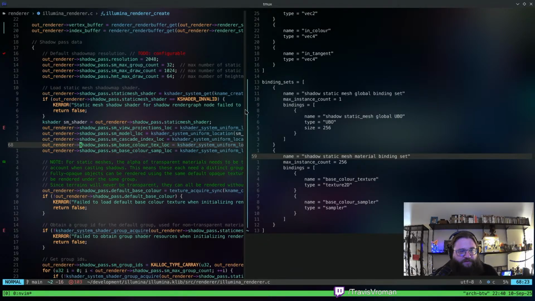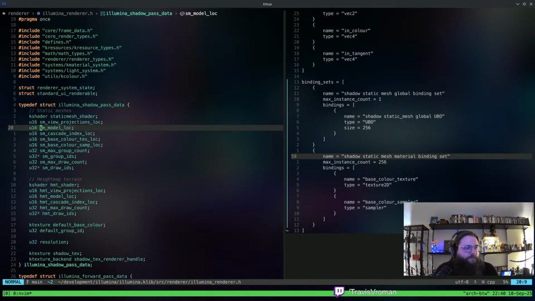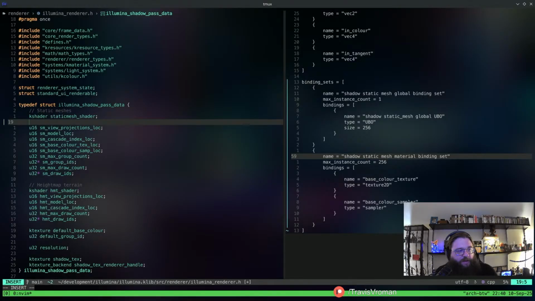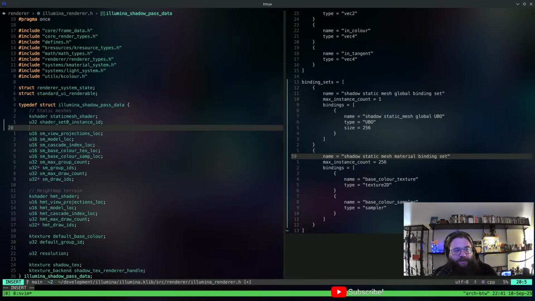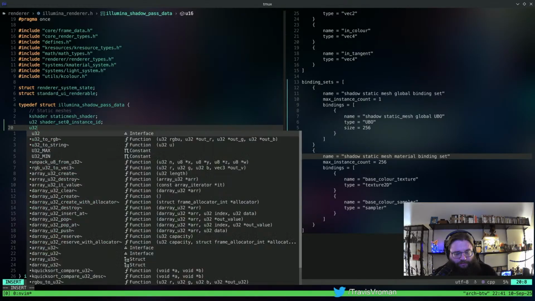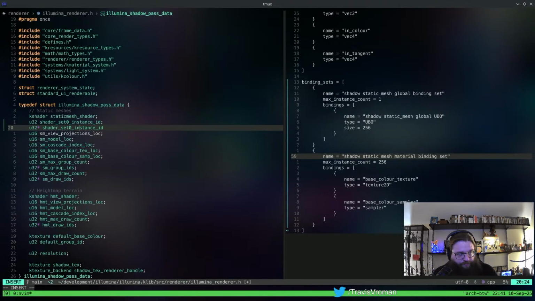So instead of all of this stuff, what we really need is, let's see, so the shadow pass data, so we need a U32, and we need a, let's see, how do I want to set this up? I guess we'll call this shader set 0 instance ID, and then a U32 array set 1 instance IDs, right?